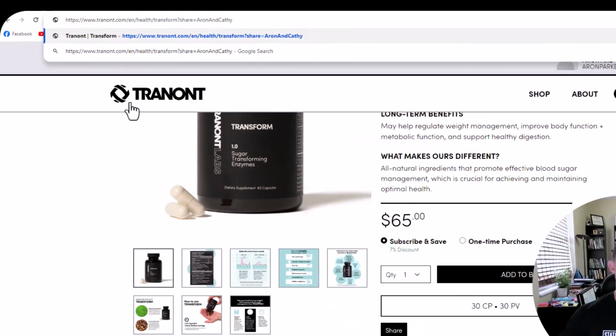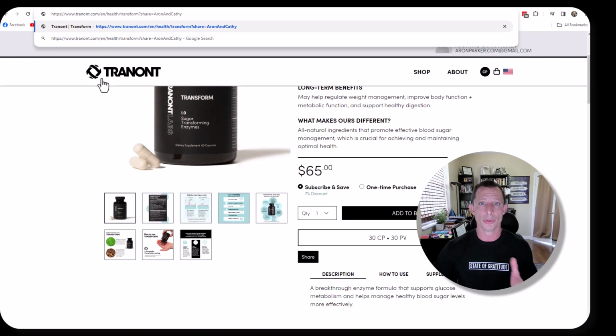And so let's say that I had a page to promote Transform. You could take this URL and connect that to your domain, and boom, it would take people right to the Transform product page with you as the enroller. So same process with the Activate product and the microsite. Once that becomes available, you could do the same thing with your domain name.